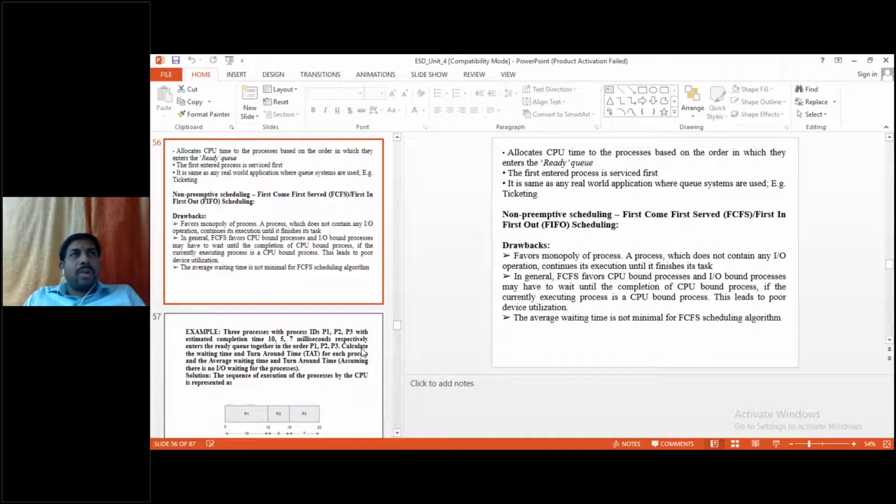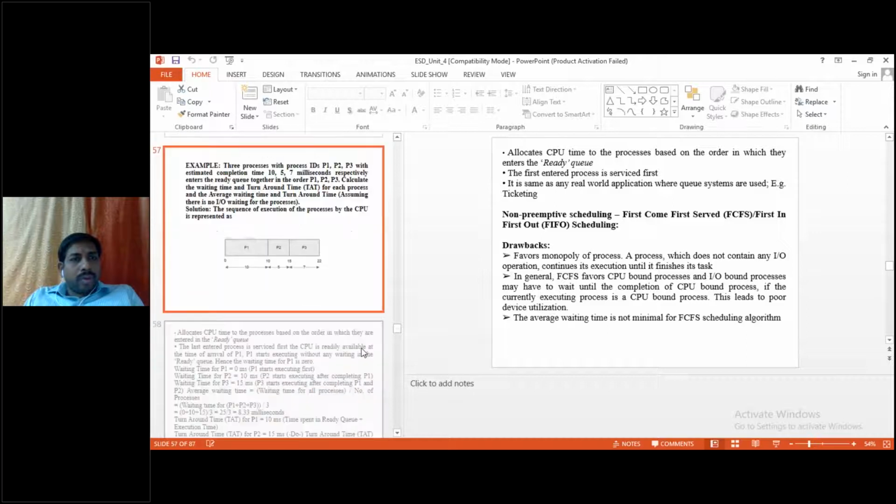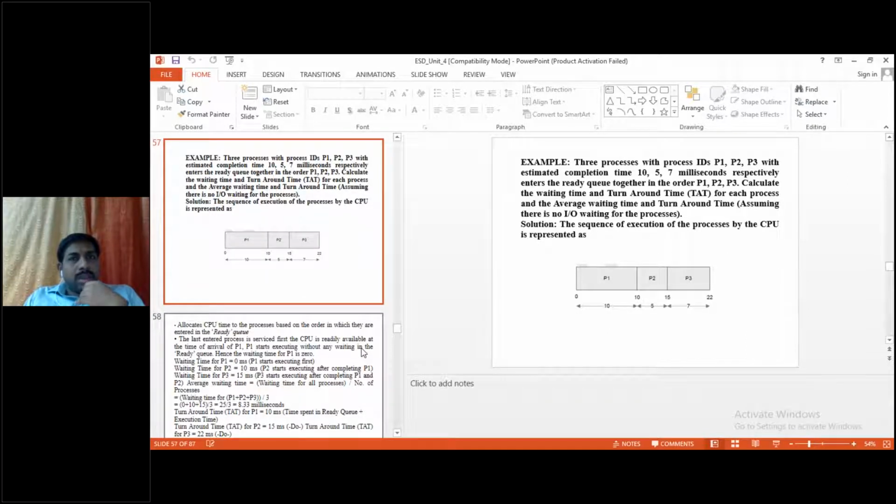What is non-preemptive? A task is under execution by utilizing CPU time, and if it requires any IO device, the task will leave the CPU to be utilized by another task. So that is non-preemptive. In this example, there are three processes P1, P2, P3, whose completion